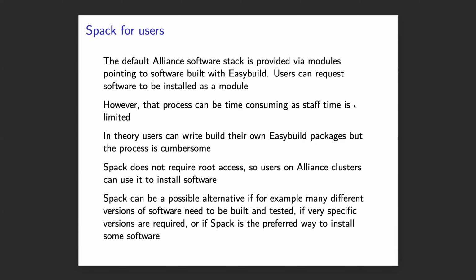Also, what if you need a very specific version? For example, let's say you need, I don't know, CMake, a utility like CMake. And you need the very latest version for some reason, and you find that this is not installed as a module by us. Trying to install it with Spack could definitely be worthwhile. And as we will see, it could be very easy. With just a few simple commands, you could be able to install this kind of utility